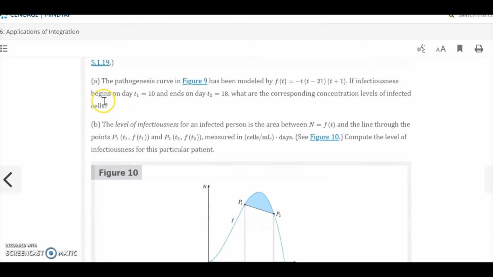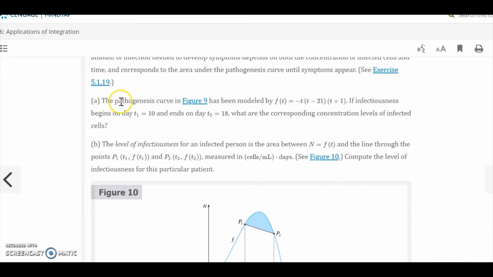So they give the curve. They give what they use to model the curve. So it's this function right here. And this actually isn't too bad to integrate because you can just distribute everything. Remember, you can use algebra in order to solve